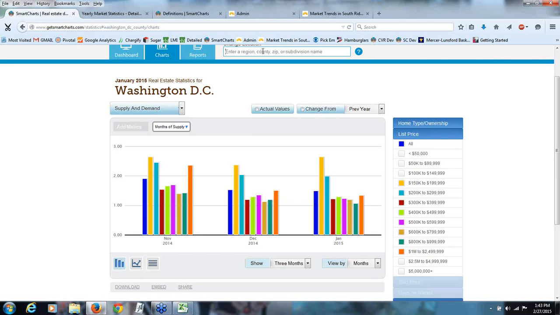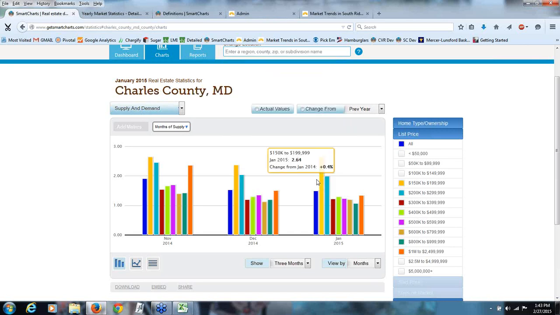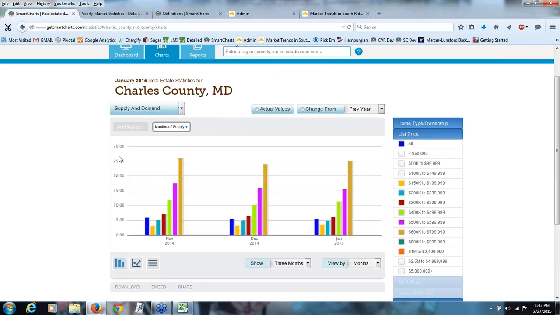But if I go out to, let's say that I'm in a more rural place, let's say I'm in Charles County. And you'll notice this is a drastic change, especially when you look at these. So overall, it's a balanced market there, roughly 5.5 months of supply. It's balanced, but in this 150 to 200K and the 200 to 300K, that's the most active seller's market in this location. If I happen to live in Charles County and that's where I base most of my business on,